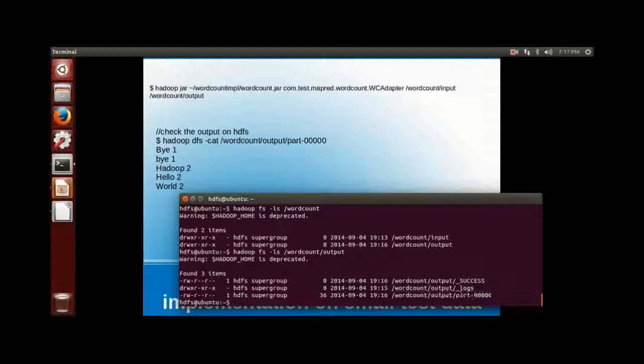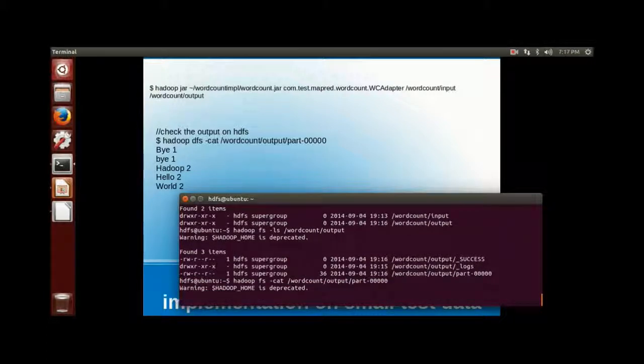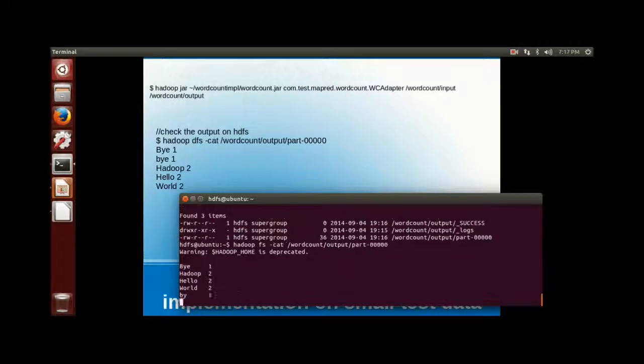The part-00000 is the convention followed by Hadoop; the reducer files are created as part- followed by a 5-digit number. If you see the file, we have bye for 1 time, Hadoop for 2 times, hello for 2 times, world for 2 times. So our MapReduce job has been successfully run on different files on HDFS and created the output as implemented by the map method and reduce method.